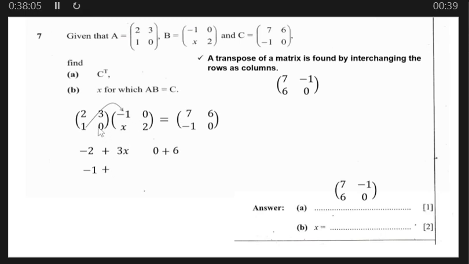So you say 0 times x, which will be 0. All right. So you are done now. So you are shifting now to another column. So you say 1 times 0, 1 times 0, which will be 0. Then plus 0 times 2, which will be 0. All right. So from here now, you are going to close this one into brackets, then equal sign, then equals